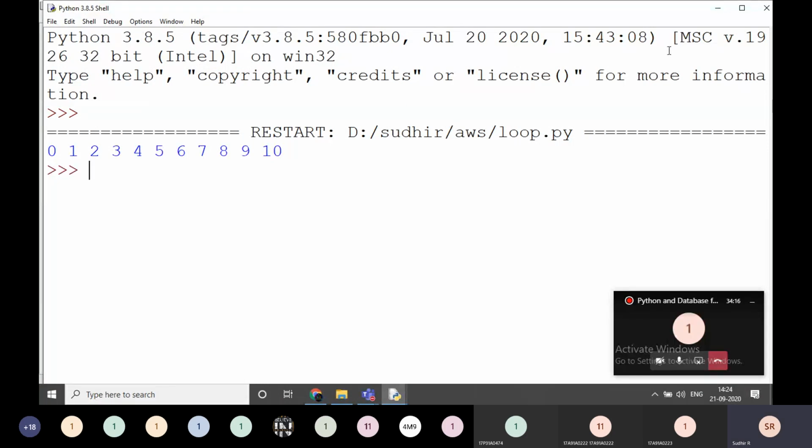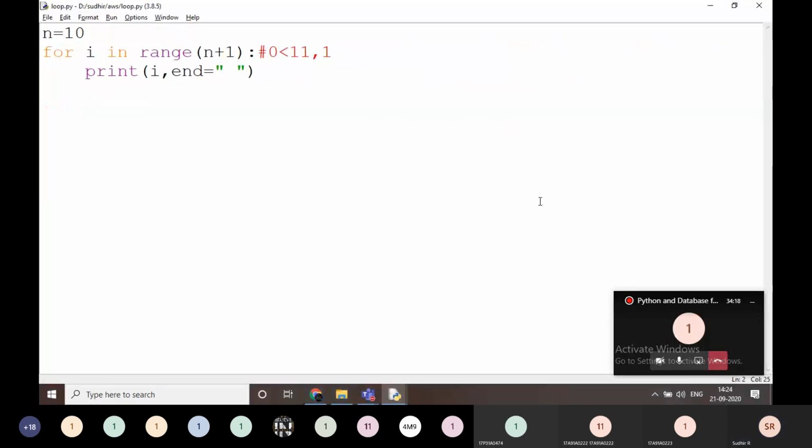Is it clear, everyone? For example, I am passing two values. Two values means the first initial value is going to be 1 here. There are two values, and the default increment size is going to be 1.